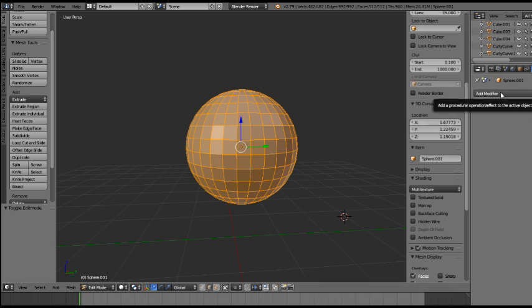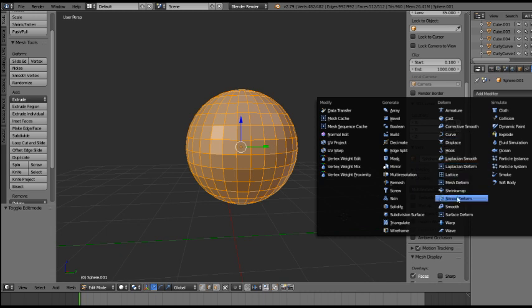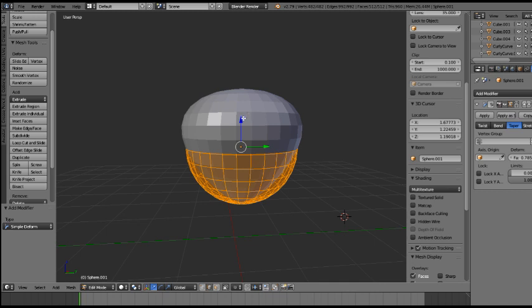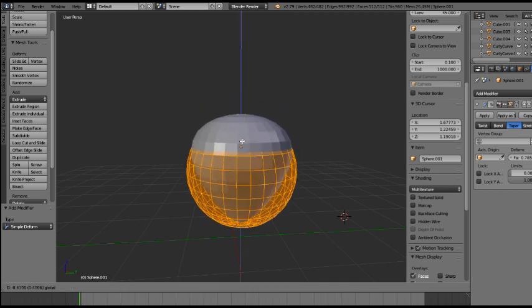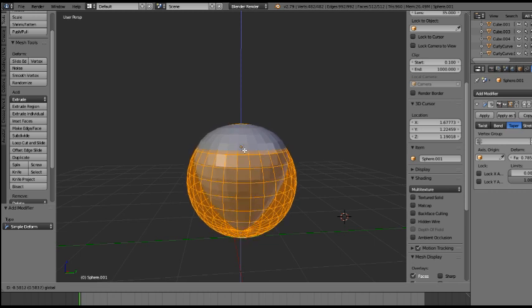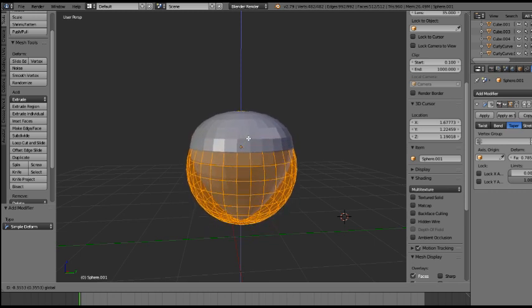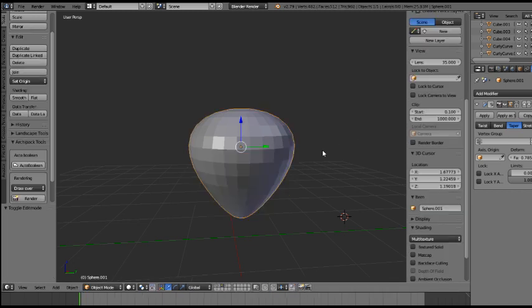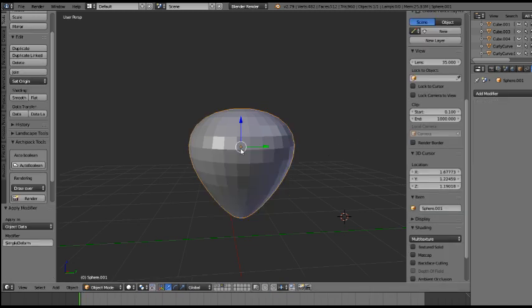So we're going to go to our modifiers, simple deform, okay, taper, and remember you have to be in edit mode, and we're going to taper it. I did a pretty severe taper on the last one. Let's do it this way and see if we can get more of an Art Deco-y look. Alright, then we go to object mode and apply,